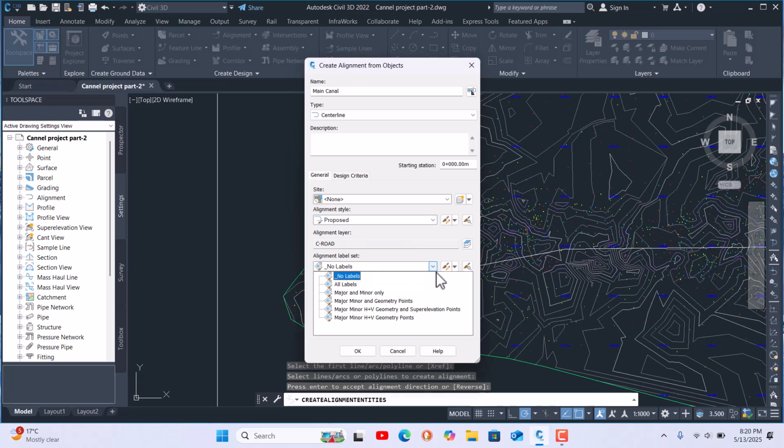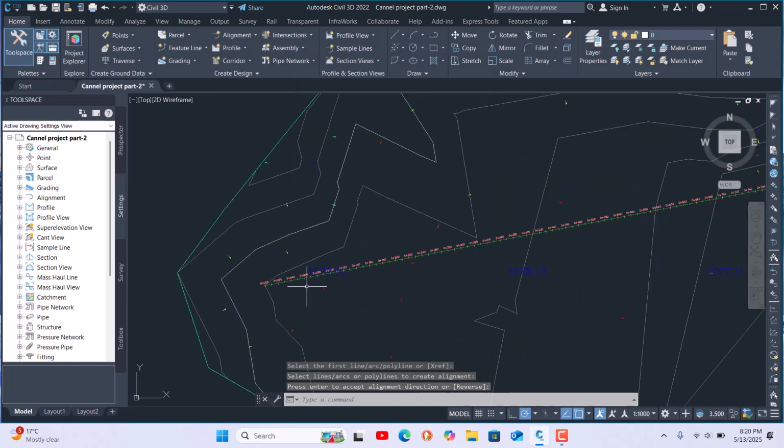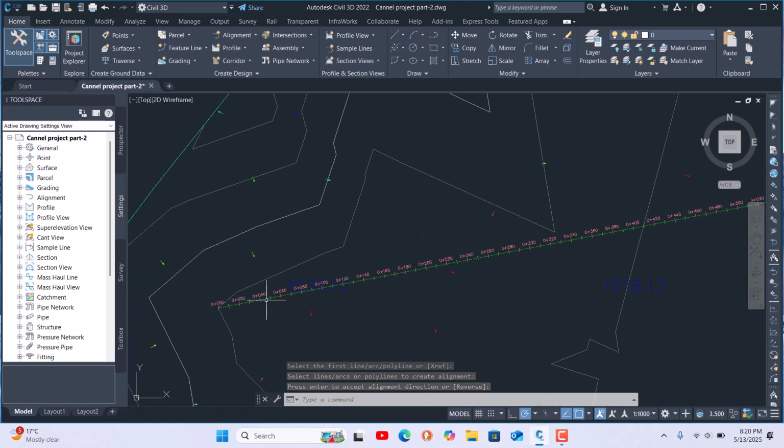Alignment labels, major and minor, we can put here. Add curves: I'm giving a radius of 500, because we want a very smooth curve. Do you want to use the existing entities? Yes. Then say okay. Wait, now we create our alignment.